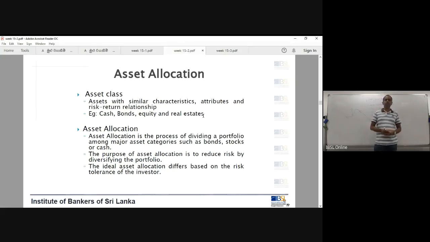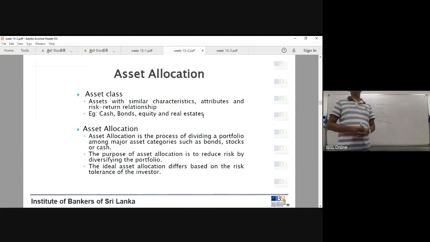Asset allocation is the process of dividing a portfolio among major asset categories such as bonds, stocks, or cash. The purpose of asset allocation is to reduce risk by diversifying the portfolio. The ideal asset allocation differs based on the risk tolerance of the investor. So the investor will have a risk tolerance based on